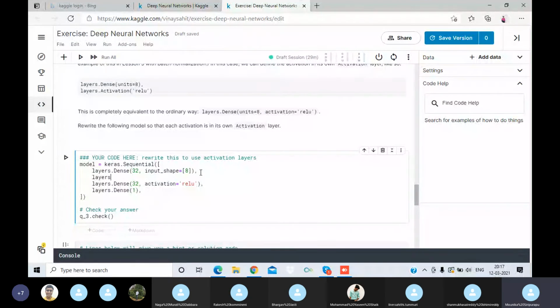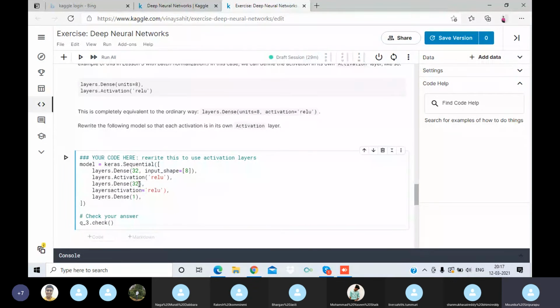Need to add the activation layer, and the last one is 1.